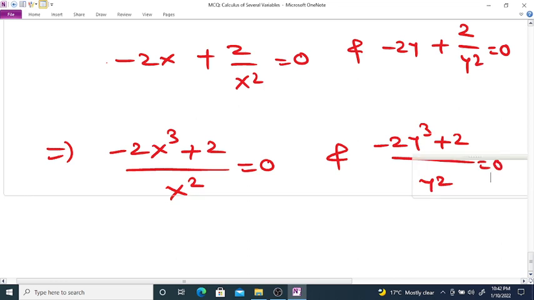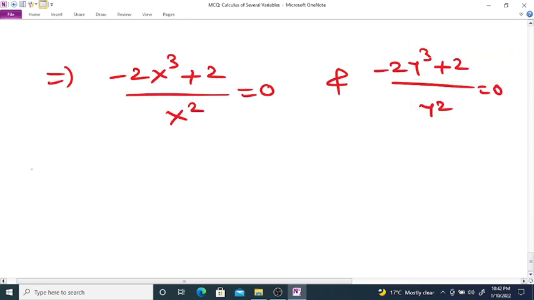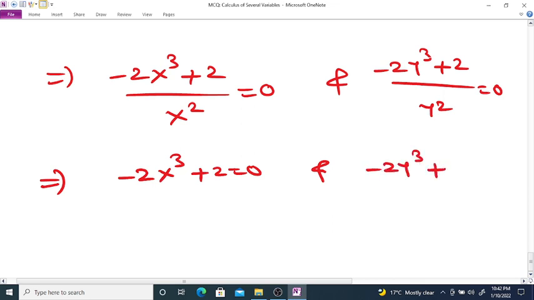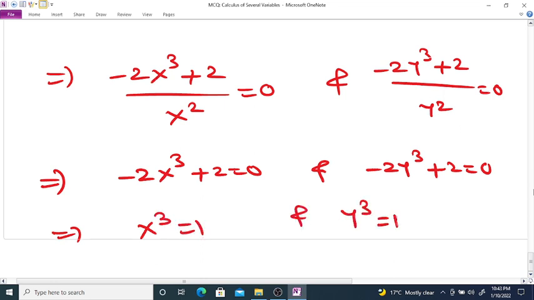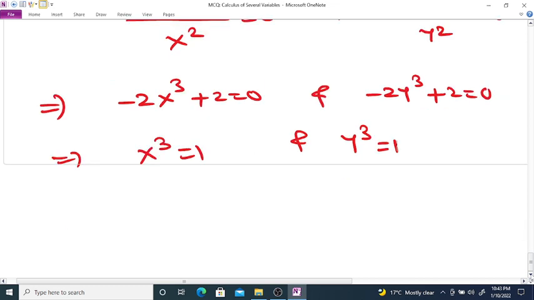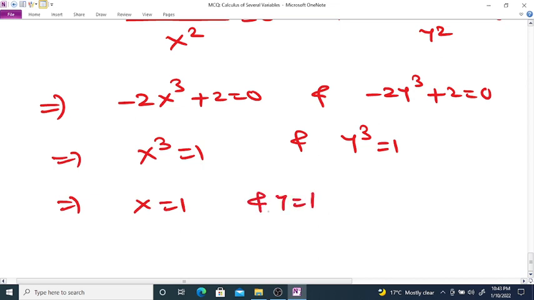So this implies minus 2x cubed plus 2 divided by x squared is equal to 0 and minus 2y cubed plus 2 divided by y squared is equal to 0. So this implies minus 2x cubed plus 2 equal to 0 and minus 2y cubed plus 2 equal to 0. So x cubed is equal to 1 and y cubed equal to 1, and this implies x is equal to 1 and y equal to 1, and therefore this